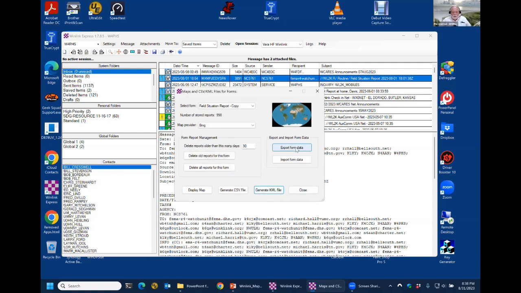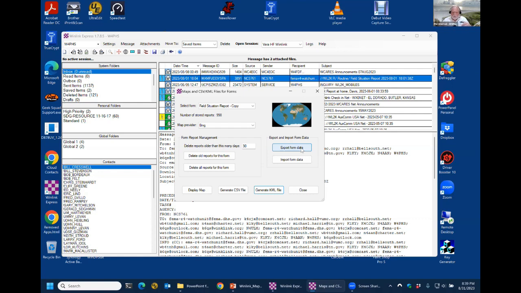The export data is a little different. The CSV file is really most useful for external programs, something like ArcGIS. What the export data does, it exports the database with all of the information needed for doing that map filtering, the display, everything. So if someone is impressed with what you're doing, maybe they want to join the party,